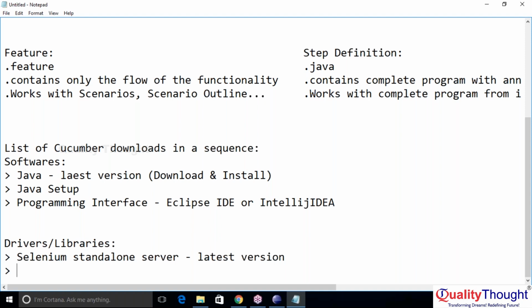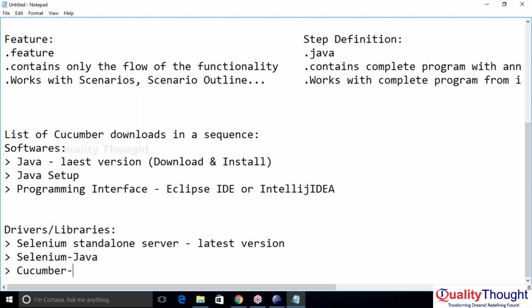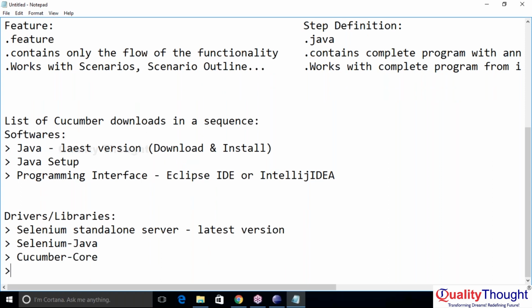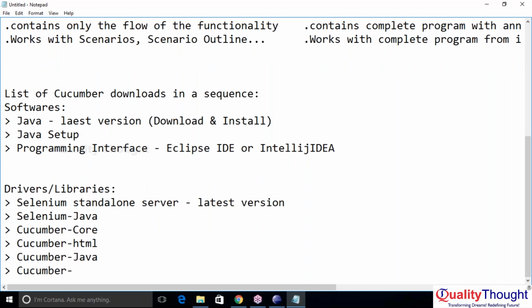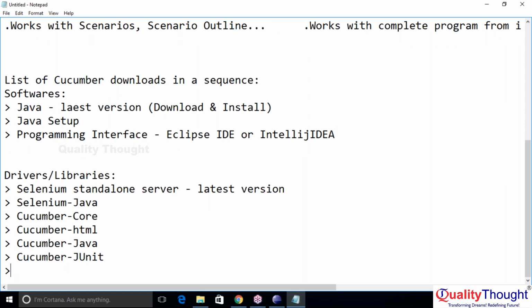And then Selenium Java, and then Cucumber core, and then Cucumber HTML, and then Cucumber Java, and then Cucumber JUnit, Cucumber JVM deps,